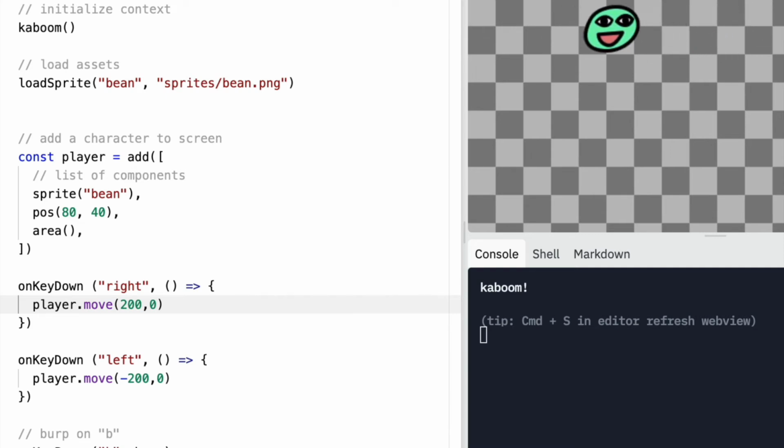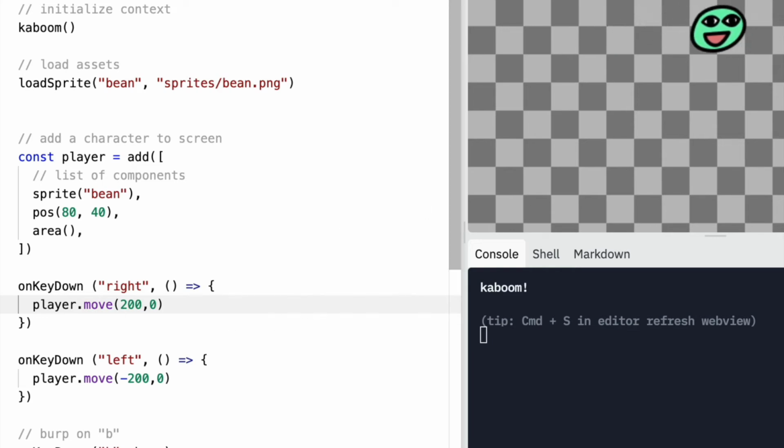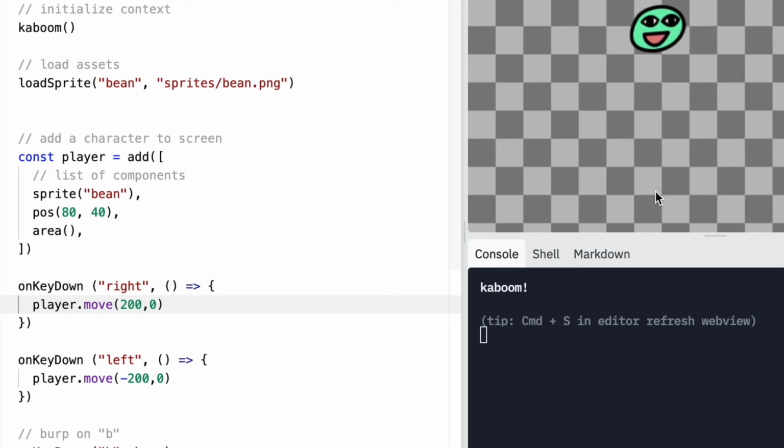So this starts to show why I like Kaboom. With very little code, we've actually got some game mechanics going already. So for example, in Space Invaders, if you know that old game, then all you had really was left and right for movement, although that would have been at the bottom of the screen. We can look at how we can move our character to the bottom before doing any code for moving up